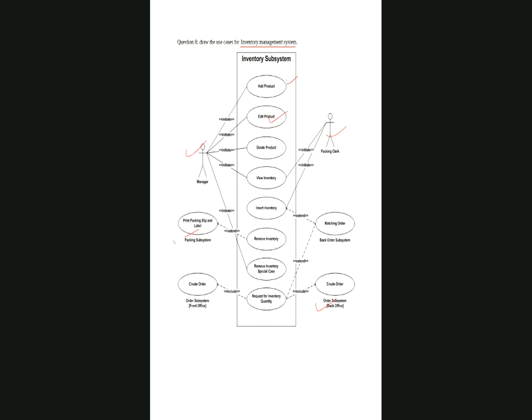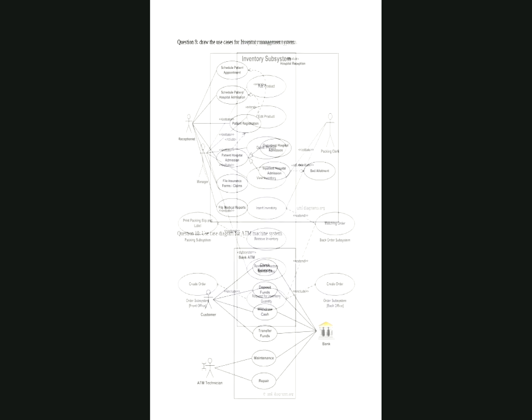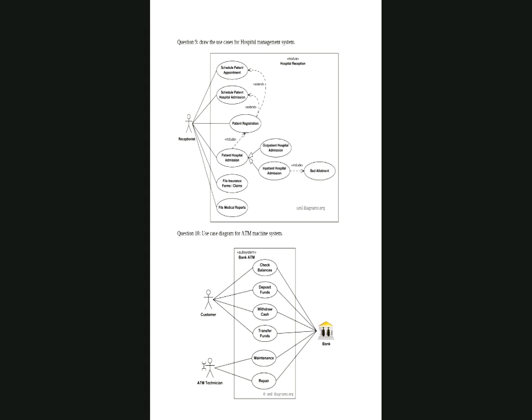Inventory view means you just see what are the items there in the inventory system. So this inventory system is very easy. You need to know what the manager is doing, what the packing clerk is doing, and what functionalities you are having as a system. If you know this, then your inventory system is done. So I need not go through every functionality. It is self-explanatory. Okay, so let's go for problem number 9 here, for hospital management.